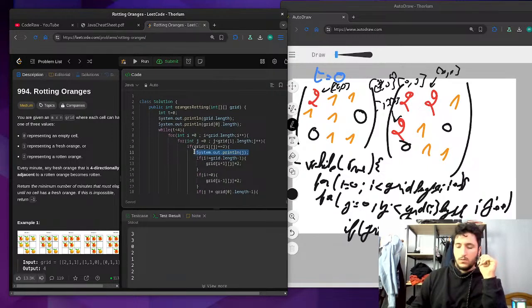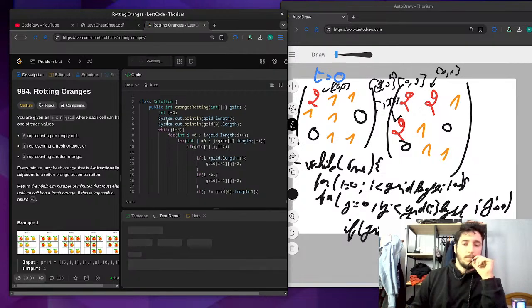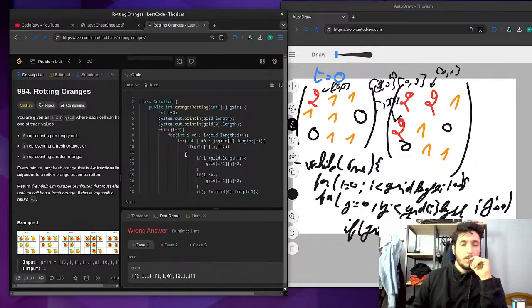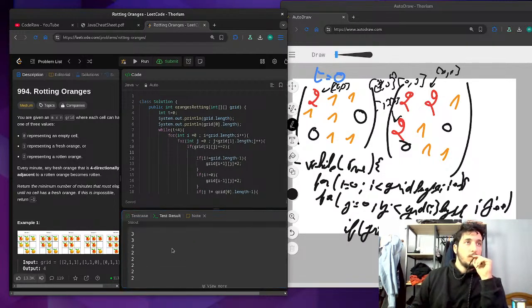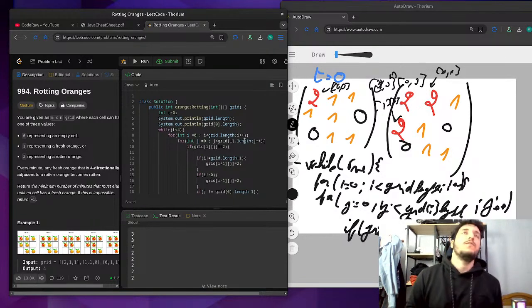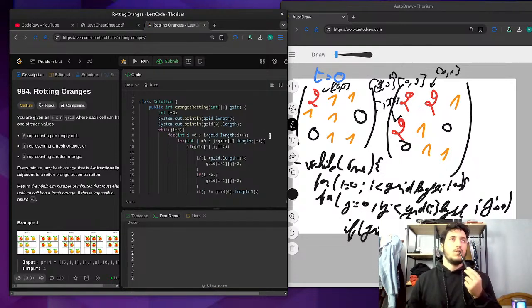Let's just delete that. So I have 2. They're all equal to 2. Yeah, that's a problem. If I found the element that is 0,